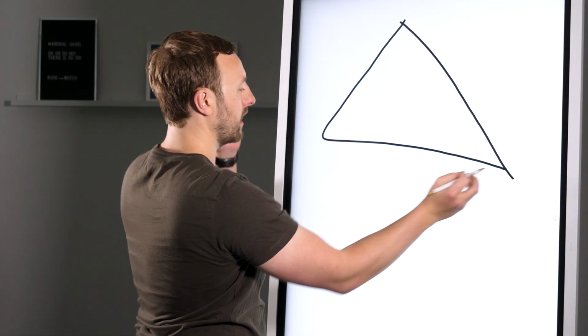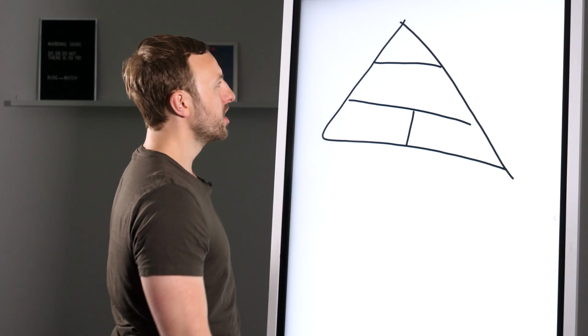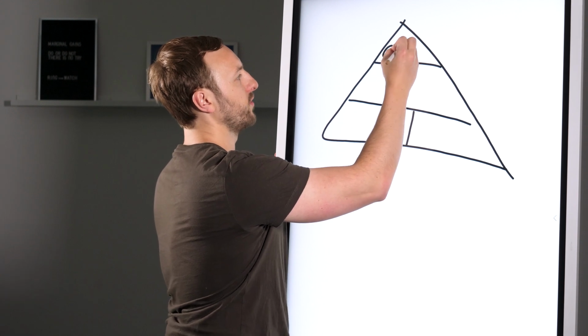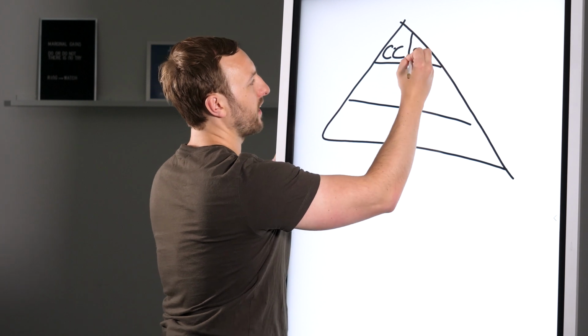So there's a number of things to consider when investing in property, but let's start with the complexity of the strategy. If you imagine this pyramid here, you've got different levels of complexity. At the top is the most complex. So you're probably going to be looking at something like commercial conversions, or maybe even top-line developments,